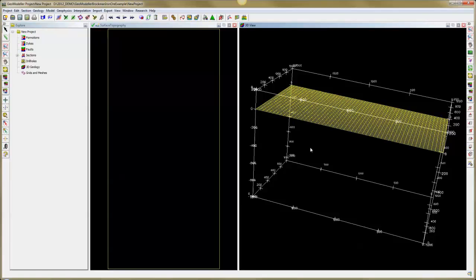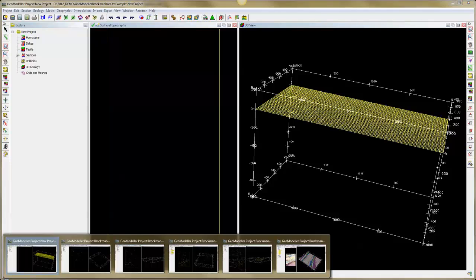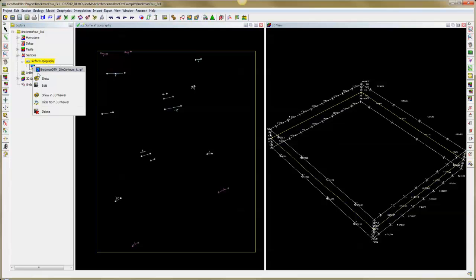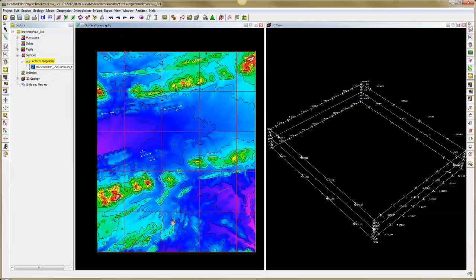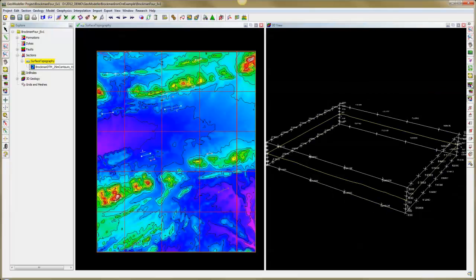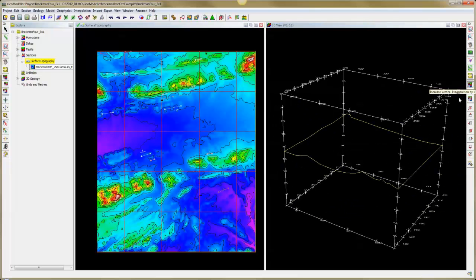Now I'm going to open the Brookman Syncline project that we already started to build. You can see that we have already a few points digitized. In this model the DTM was available, so this is a grid of the DTM. If I put a bit of vertical exaggeration on the 3D viewer, you can start to feel the shape of the DTM, digital terrain model, at the edge of your 3D box over here and here. If I turn on the grid,